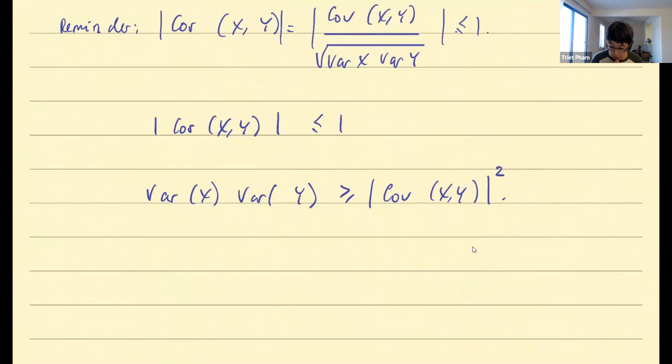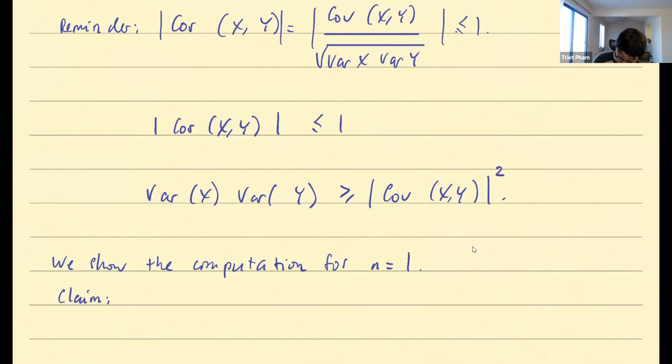All right, so to make things easy, we will show the computation for n equals 1. When the general sample size is n, the computation is actually the same. Most everything carries out in the same way. So what do I need to show you? There are several things. The first one is that the covariance between theta hat and the derivative of the log likelihood,